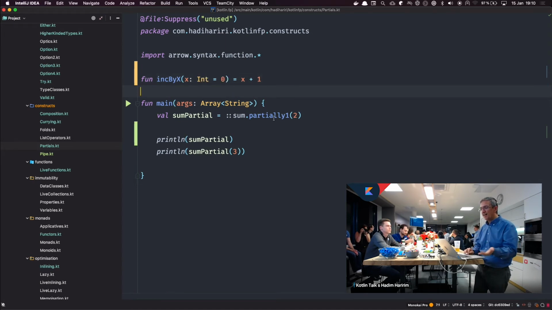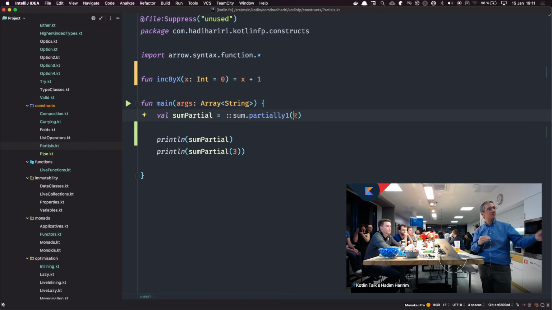What partial application allows me to do is set a specific parameter at runtime and then reduce the number of parameters on that specific function. So take sum partially 2. What that is doing is saying the first parameter I'm going to apply the value to. And what this gives me back is a function with a single parameter. So if you run this,